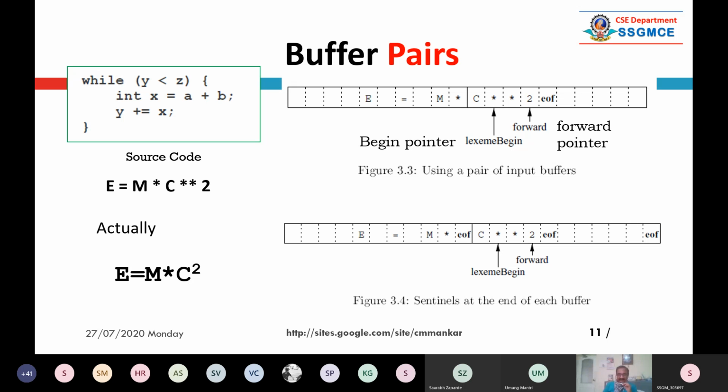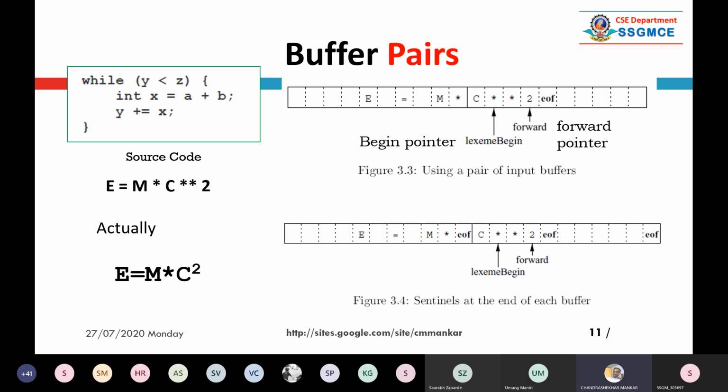So in the 3.4 diagram, two buffers are there. I don't know whether you are able to see it or not, but there is a clear line. Here the vertical lines are dotted, but after EOF there is a dark line. It means that this is the first n size buffer, and after that EOF, this is another n size buffer.